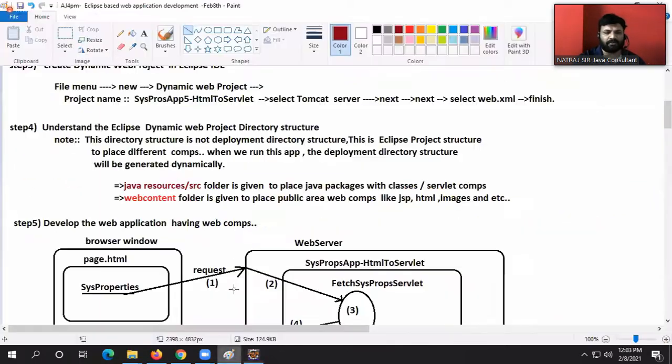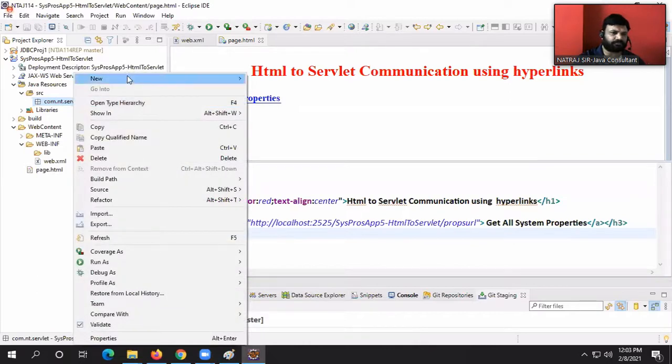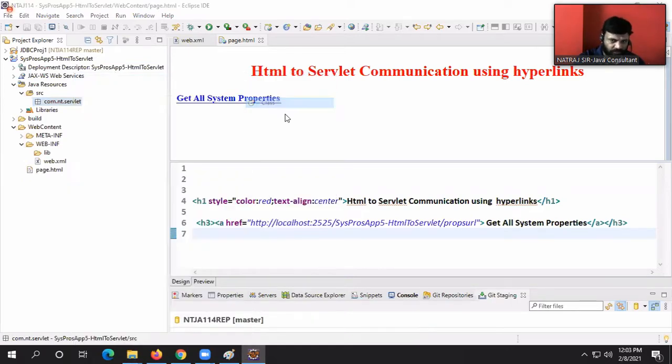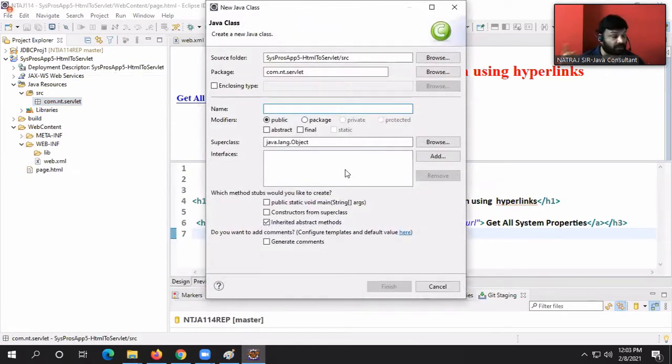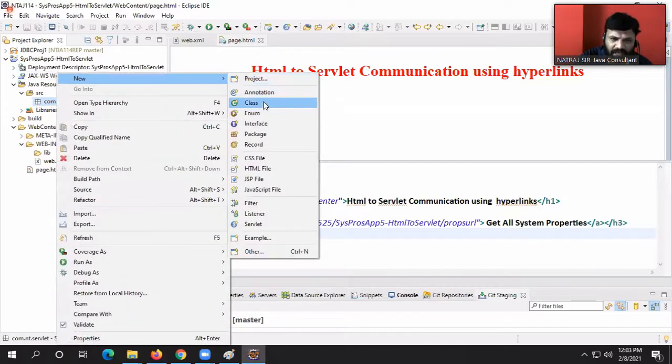What is the name of the servlet we decided to take? FetchSysPropertiesServlet. New class. Here, the servlet option is there, but don't use it. When I introduce annotation-based servlet programming, then we use that servlet option. As of now, please prefer working with the class option only.